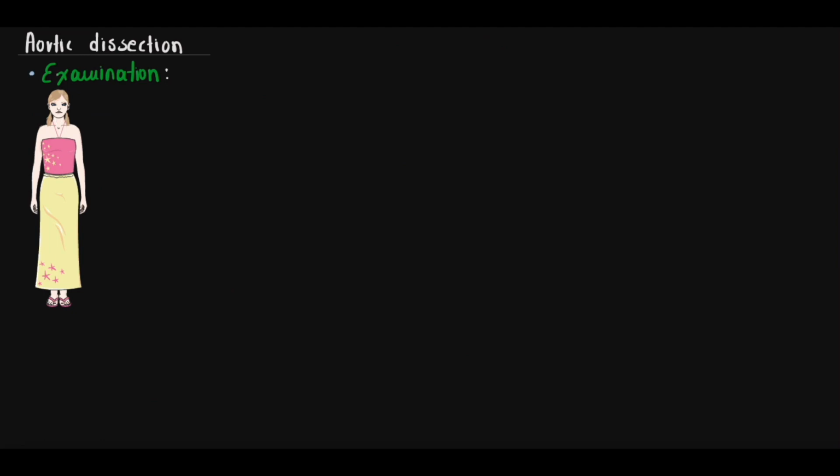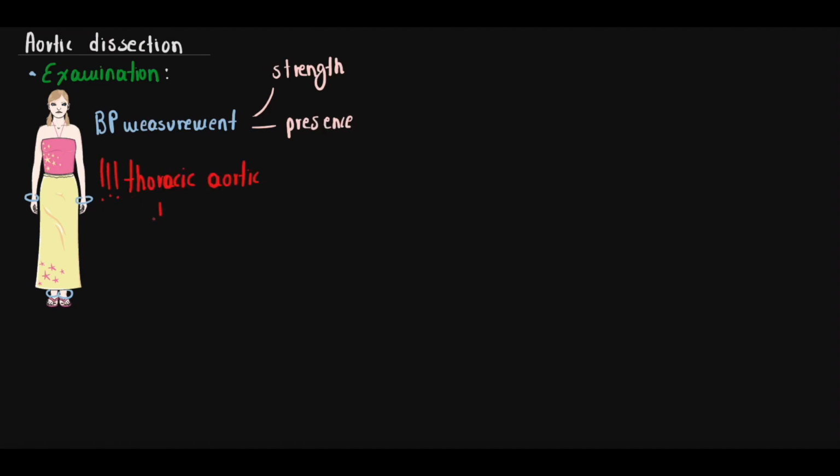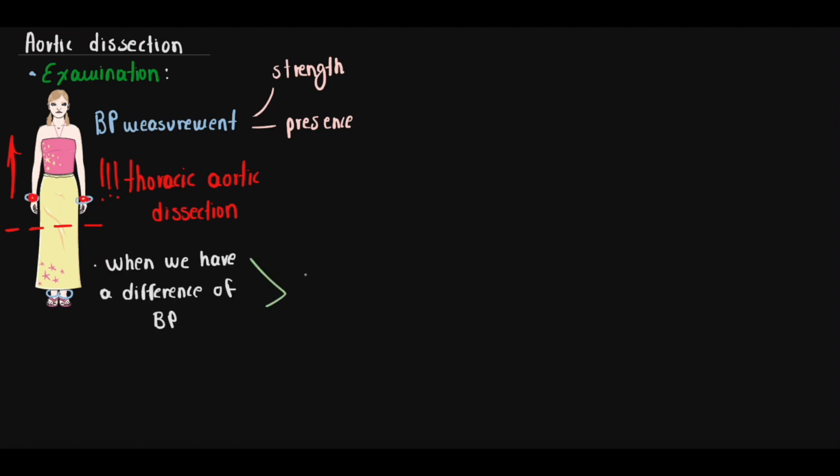The causes of syncope may be myocardial ischemia or hemorrhagic shock. Clinical examination of a patient with aortic dissection, of course, involves the measurement of blood pressure in all 4 extremities. During the blood pressure measurement, of course, we check for the presence and strength of pulses. We have increased concern for thoracic aortic dissection if, when we measure the blood pressure on the upper extremities, there is a difference between the 2 arms of more than 20 millimeters of mercury. So if we measure the blood pressure in the 2 arms and we see a difference of more than 20 millimeters of mercury, we highly suspect a thoracic aortic dissection.